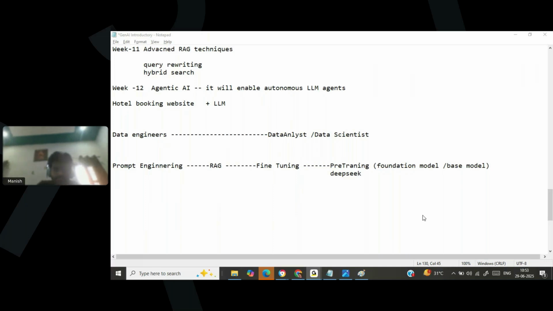So mostly free tools will be utilized, and you will not be able to fine tune your models on your local machine, because the models that we are able to see